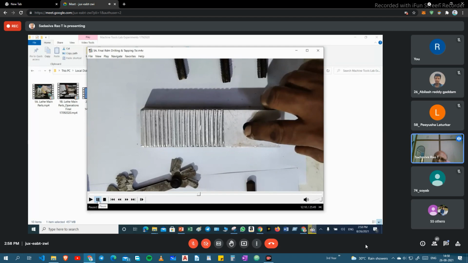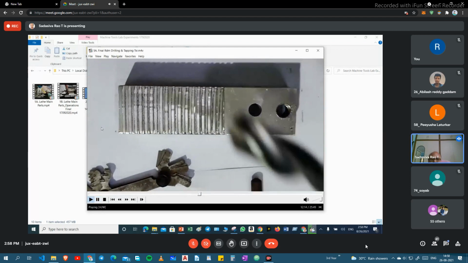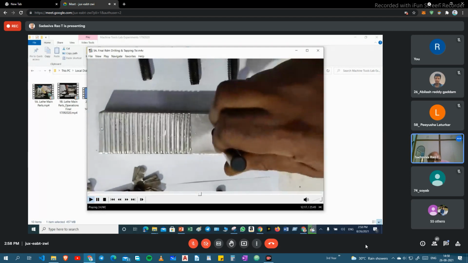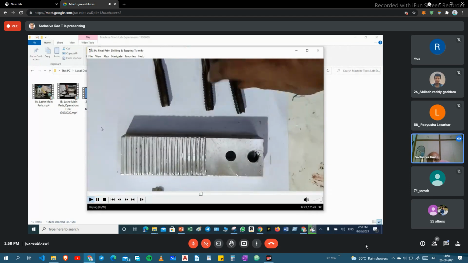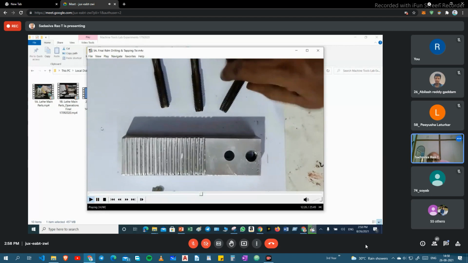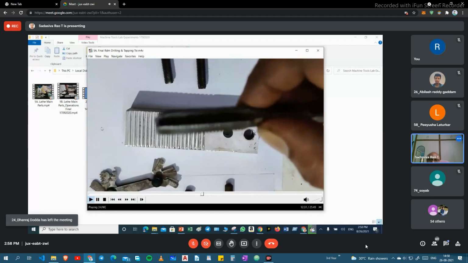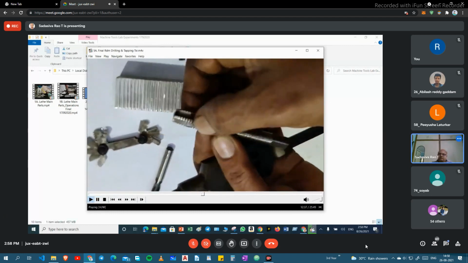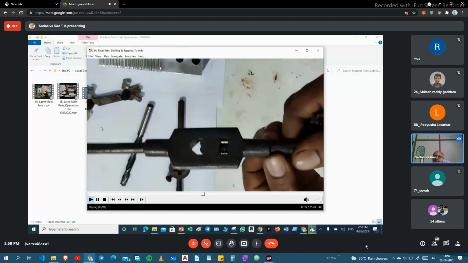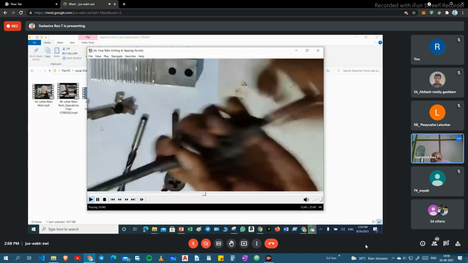For blind hole tapping also, 3 taps we have to use. For the hole, we are using a drilling machine. On aluminum we made it. We are doing the drilling operation. After making the hole, you have to take 3 taps. 3 taps are one set, and first you take the first tap. This one is called taper tap, pilot tap, first tap. It is having 7 threads taper. This one is called tap wrench. In this tap wrench, you fix the tap with the help of your hand.